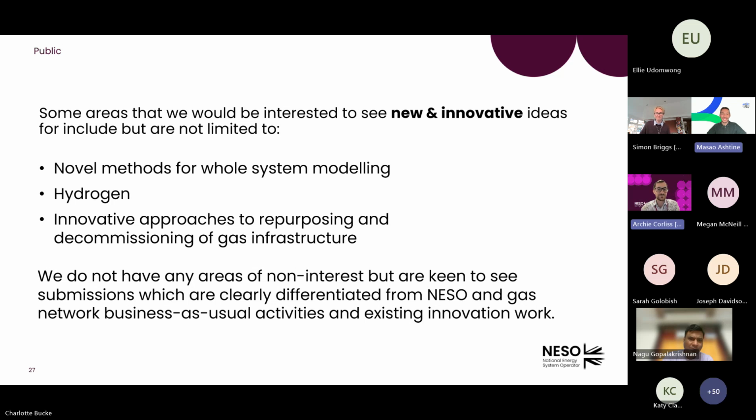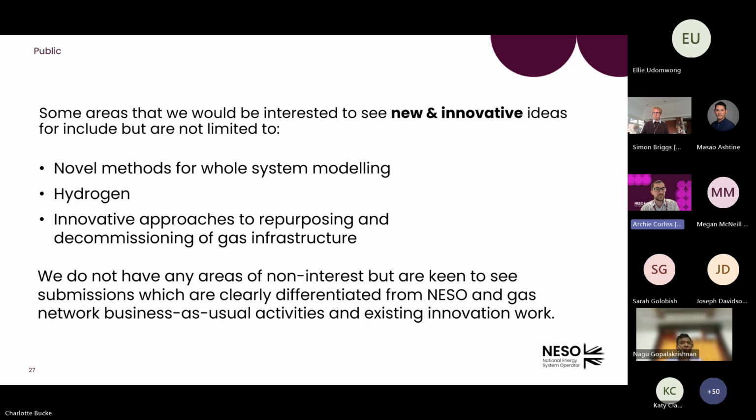Apologies. No worries. So I just wanted to highlight a little bit around the areas that we are really interested in. We've talked through a range of the plans and the work that we have ongoing, but the areas that we are really keen to get ideas and develop further are novel approaches for whole system modelling. While we're developing a lot of things in these areas, and we're using some of our economic optimisation tools, there's a range of areas that we're really keen to see further work on. So I'll highlight a few of these here.